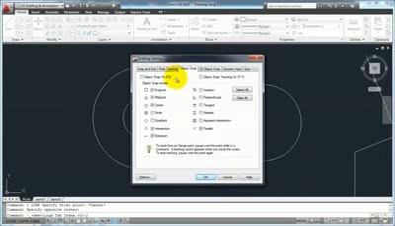This is going to bring up your OSnap settings. What you can do is turn on what's called running object snap. It means that your OSnaps are on and always looking for an OSnap all the time. And you can define right here, or you can check, which modes you want to be on. You can either hit your F3 key, or you can bring up this dialog box and just click this